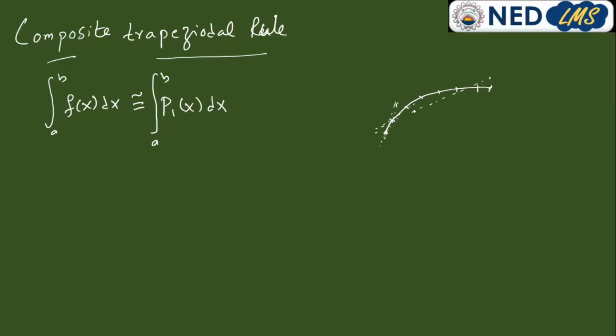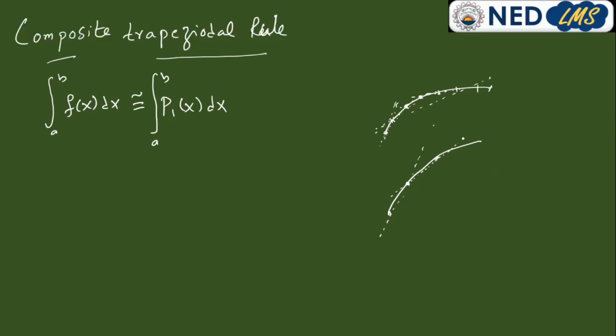Similarly, I can draw a straight line between these 2 points, and these 2 points, and so on. So I still have one curve, but I divide it into small pieces, and when they are in small pieces, what I'm doing is constructing